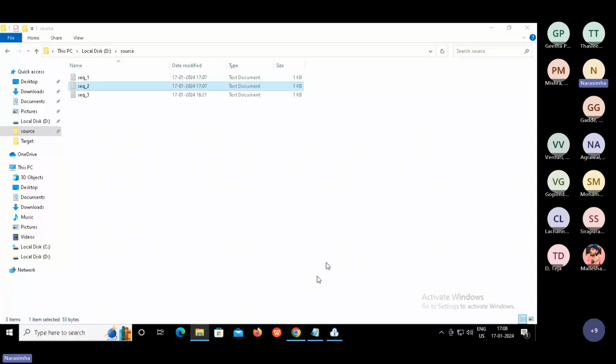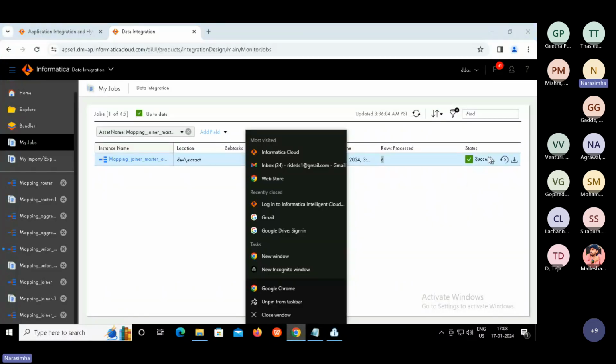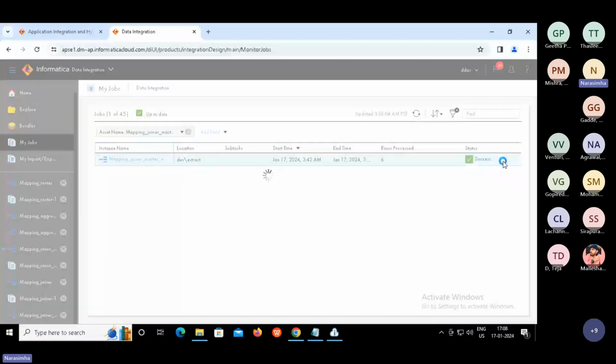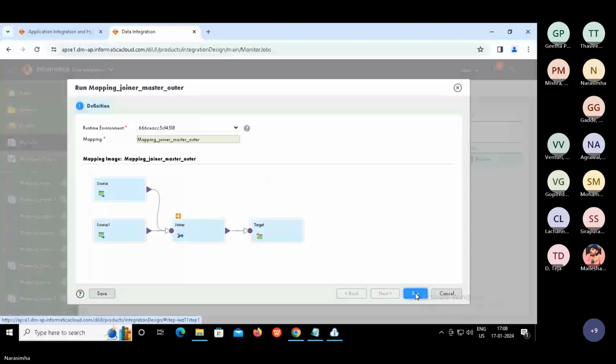Let's go and execute it. We don't need to do anything. On the right side, there is a restart, so click on that restart and run.